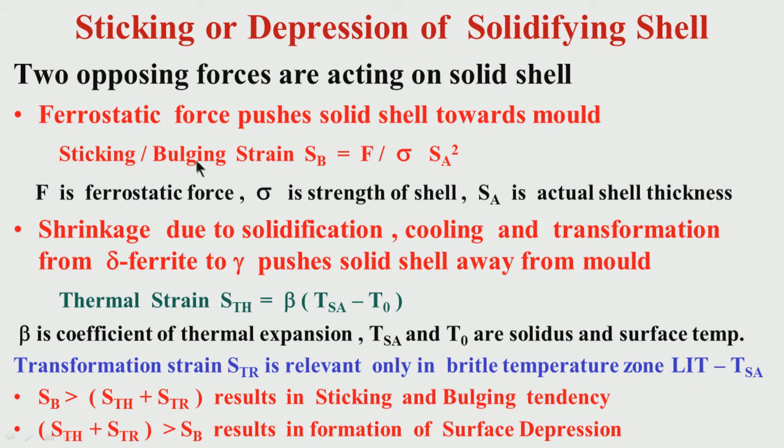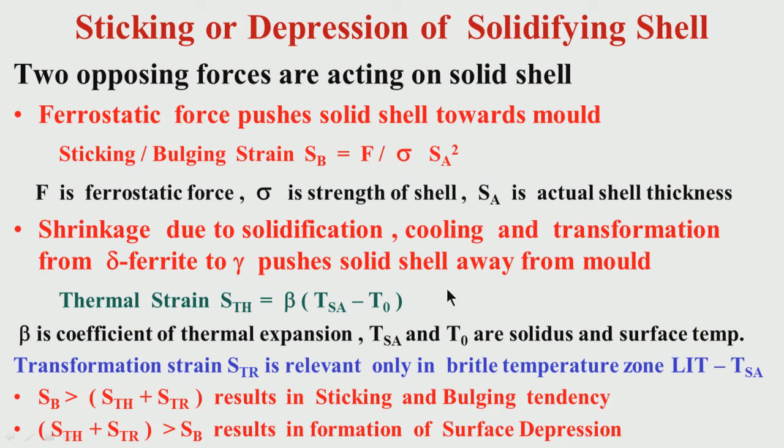Next, this is one force, sticking or bulging. Another, I have mentioned, is the shrinkage. Now, this shrinkage is due to what? I have mentioned shrinkage can be due to solidification first and foremost. Whenever there is a solidification, there is a shrinkage. There may be cooling. Because of cooling, I have mentioned that the surface is relatively cool, inside is relatively hot. So, because of this temperature differential, there will be a shrinkage because of the cooling, then there will be a strain. Then there is a transformation from delta ferrite to gamma. Again there will be shrinkage, there is a density change. So, total shrinkage of solidification, cooling and transformation from delta to gamma, if we add all these shrinkages, then the strain due to the shrinkage